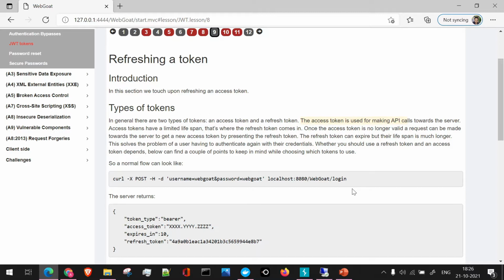If the user is continuously using the application, there should be some token which will refresh this particular token, to keep the user logged into the system. In that case, your refresh token comes into the picture.